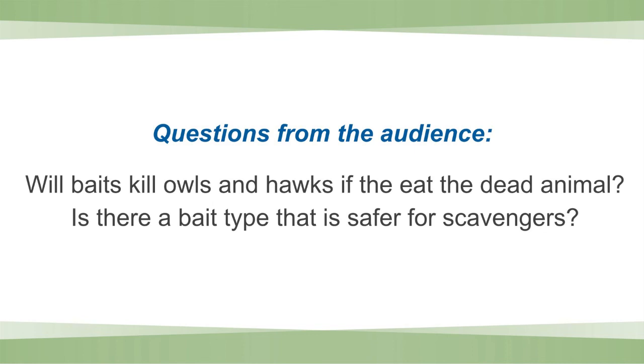But if you're performing those daily carcass searches and you're removing those animals from the landscape, that combined with the much lower toxicity and shorter half-life associated with these products very substantially reduces potential for secondary exposure when using those first generation anticoagulants. Now, if you want to more or less completely eliminate secondary exposure, then you could focus on